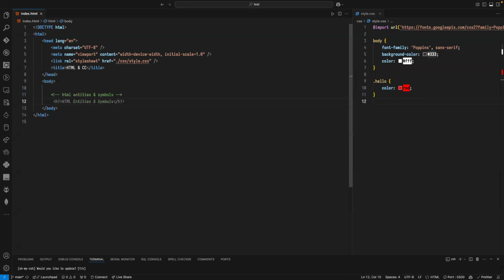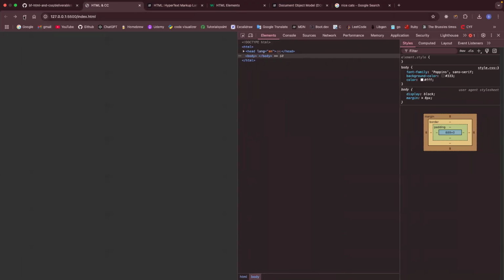So some of the HTML entities here, of course, you can Google them. Let me include this one here. Let me just write div. The entity normally starts with an ampersand. So if I add ampersand hash 169, you don't need to remember this stuff, of course. You can just simply Google them. So if I refresh this one here, as you can see, I have the C here, which is the copyright